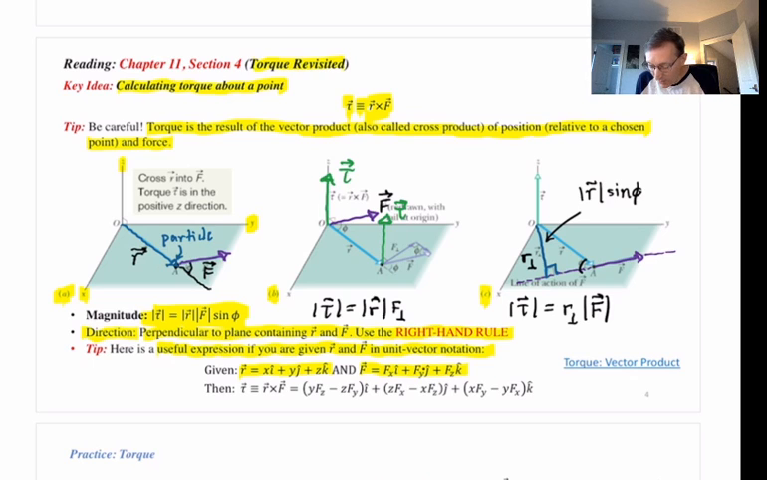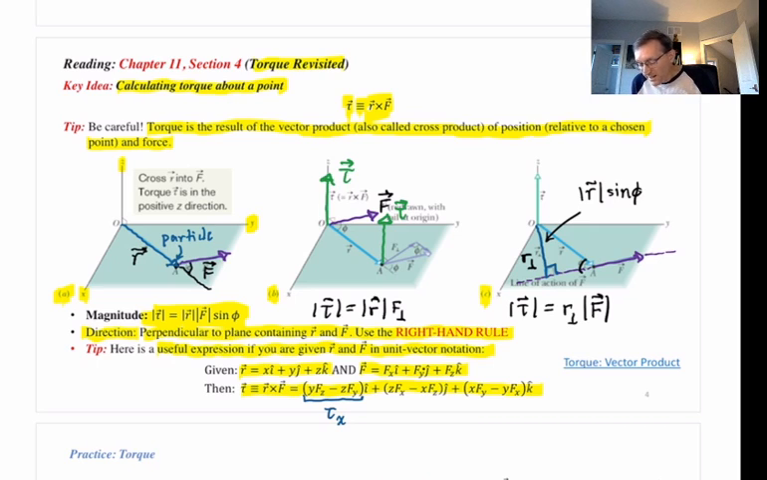Then, to calculate the torque in unit vector notation, use this lengthy formula, which comes from the lengthy formula I showed you in the previous video, except now the specific vectors are r, F, and tau. Okay, so start with y times Fz minus z times Fy, all times i hat. So this quantity in the first parentheses is the x component of the torque, tau sub x,